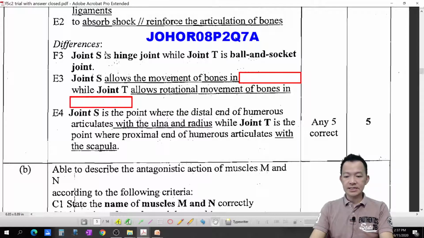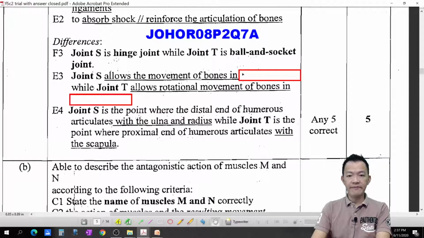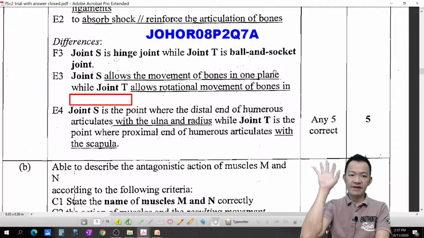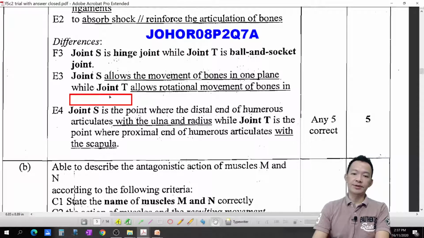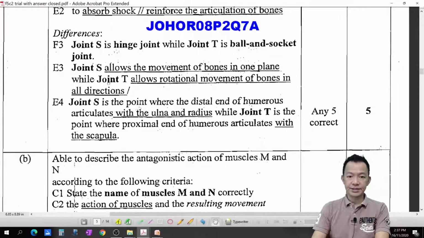Joint S is a hinge joint, D is a ball and socket. Joint S allow the movement of the bone in one plane，一个方向，but joint D allow the rotational movement of the bone in all directions. And the last one to talk about the connection，它们的连接处。So 搞定了这一题。